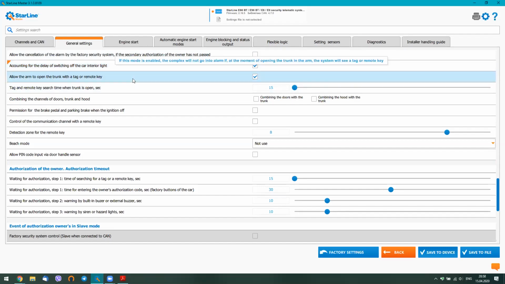Regarding trunk, this option allows to unlock the trunk when StarLine tag or StarLine remote pager is close to the car, is detected. In this case, you can open your trunk in the car by factory key, or even by key rotating by mechanical way. In this setting, StarLine reads trunk limit switch and checks tag and remote key close to the